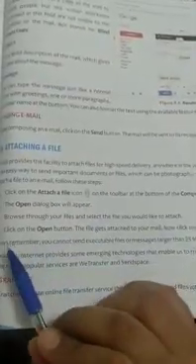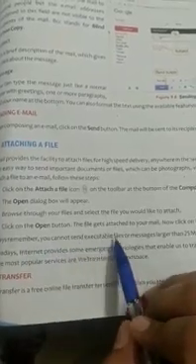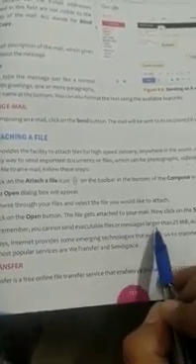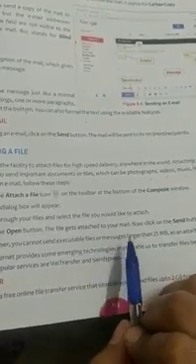Open dialog box will appear. From this dialog box you need to firstly browse to where the file is located, and then you have to select that particular file and then click on the open button. That file will be opened and it gets attached to your email, and now you can click on the send button. Always remember, you cannot send executable files or messages larger than 25 MB as an attachment. So you cannot send files larger than 25 MB using this feature.